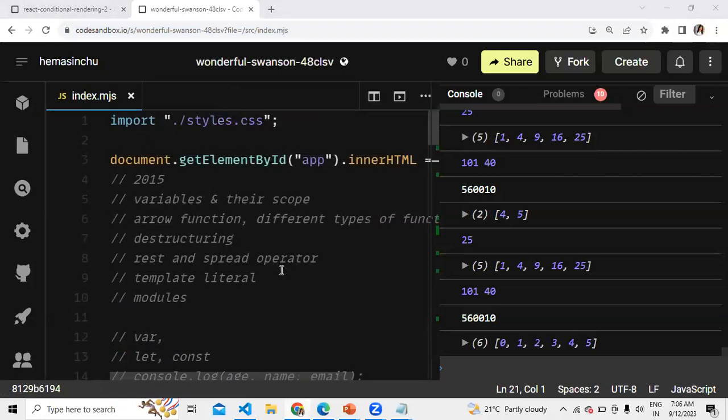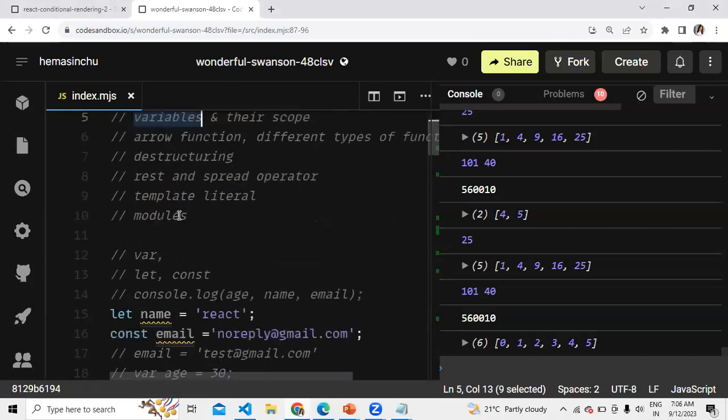We have covered rest and spread operator, destructuring, arrow functions, and variables. We'll see template literals and modules in the next session.